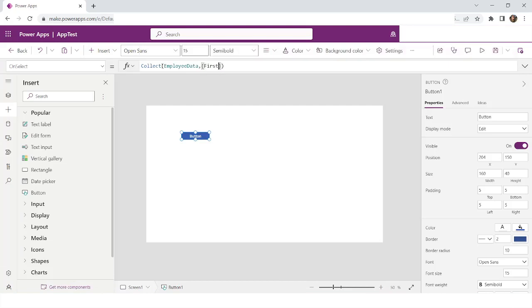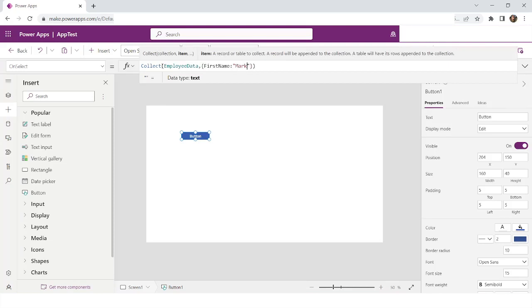So let's say first name, and then last name, and the third value is going to be the age, which is